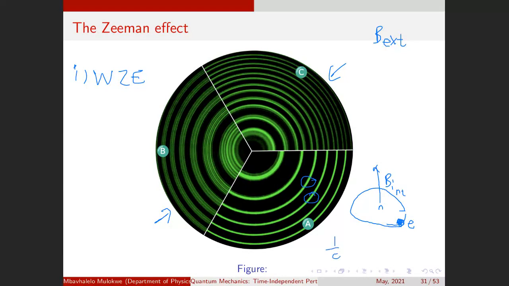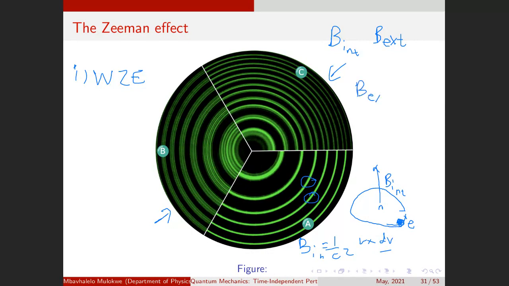The thing with the 1 over c squared v cross dv, this was the internal magnetic field due to the motion of the electron relative to the nucleus. So you have to compare B internal with B external, and depending on which one is bigger,